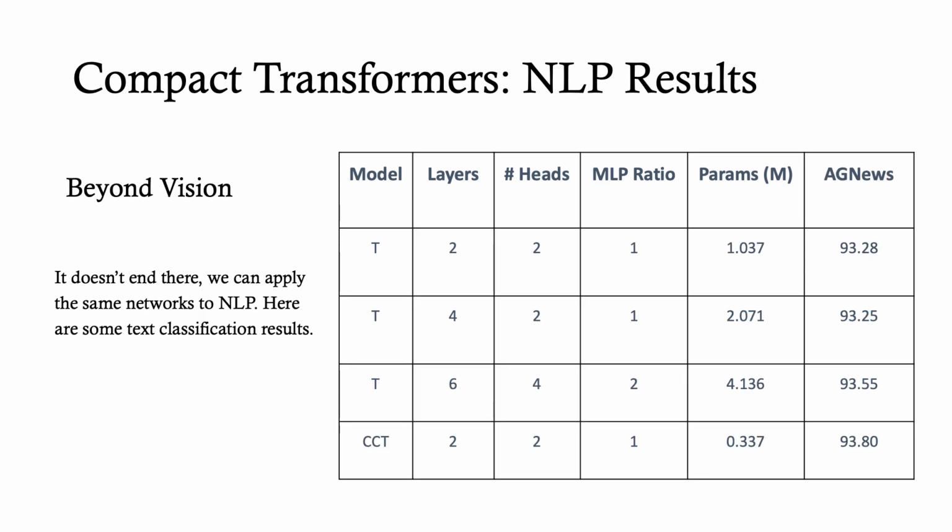And finally, our compact models work not only on computer vision, but also on tasks beyond computer vision. In our initial experiments on NLP tasks like text classification, we can obtain better results than the lightweight transformer variants with much more compact models. And there are more details regarding these results. The code and the models can be found on our GitHub repo or our updated arXiv paper.